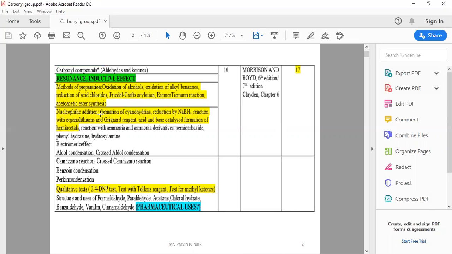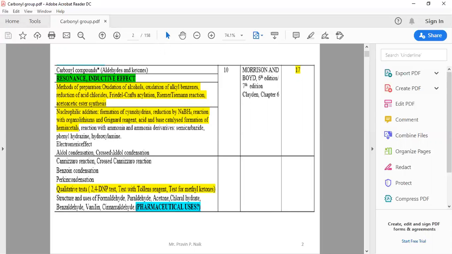Then there are different reactions like methods of preparation through the oxidation of alcohol, oxidation of alkyl benzene, reduction of acid chlorides, Friedel-Crafts acylation, Reimer-Tiemann reaction, acetoacetic ester synthesis, then reactions like nucleophilic addition reaction, the formation of cyanohydrin, reduction by sodium borohydride, reactions with organolithiums and Grignard reagent, then acid-base catalyzed formation of hemiacetals, then reactions with ammonia and ammonia derivatives, semicarbazone formation, hydrazone formation, oxime formation, hydroxylamine formation, then the electromeric effect,